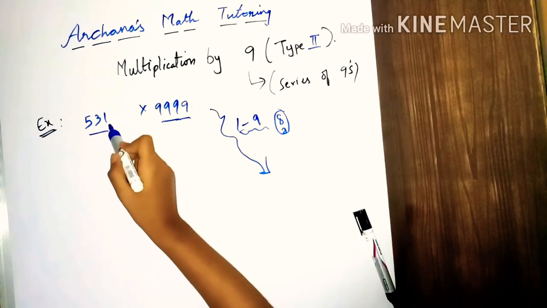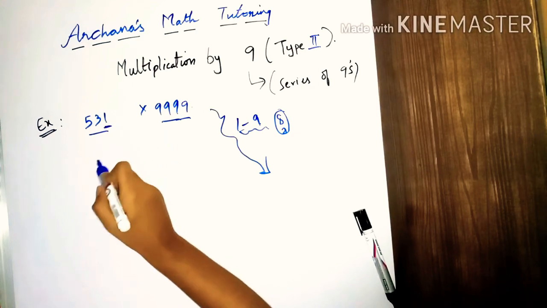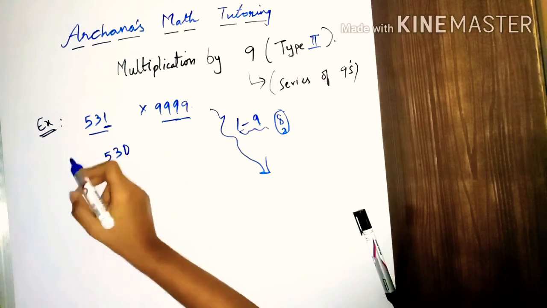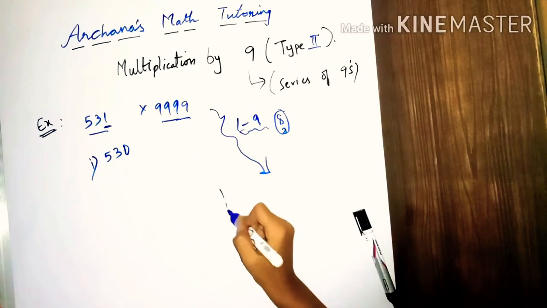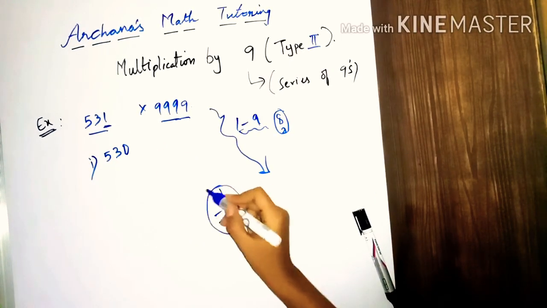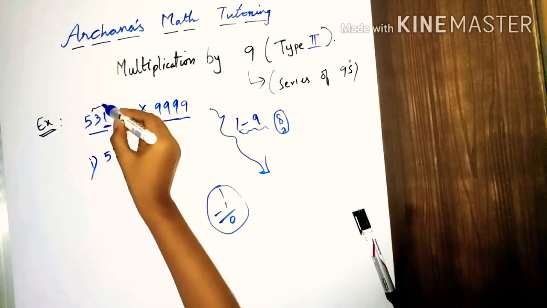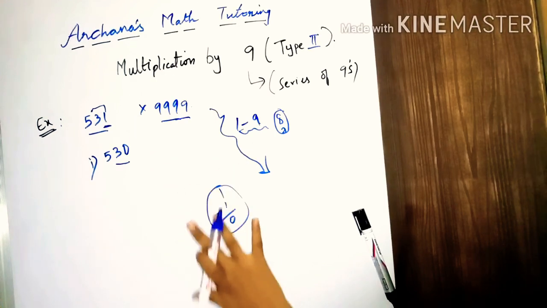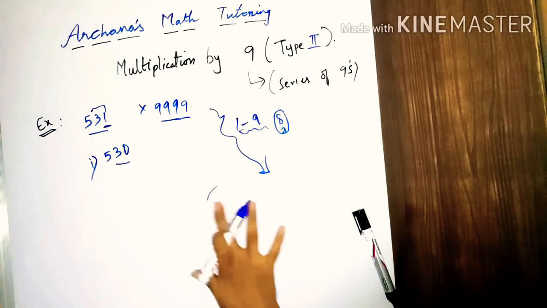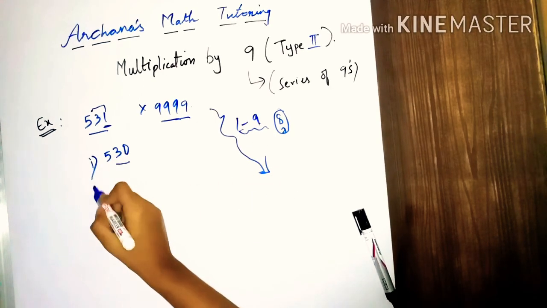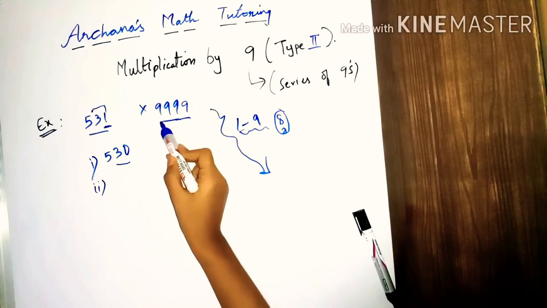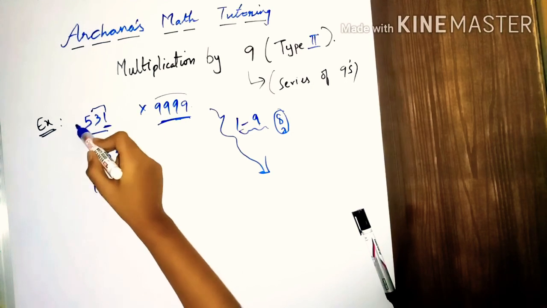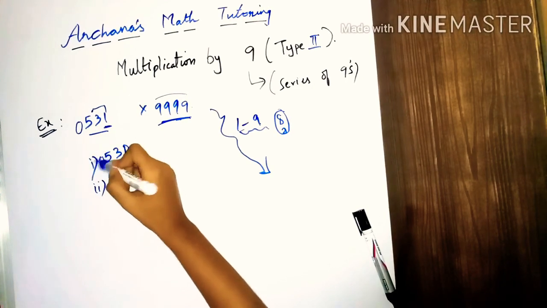So what do we do? Removing 1 from here would give me a 0. That's it now, friends. If I remove 1 from 1, I will get a 0. Or else you can simply take these 2 digits. What is 31 minus 1? It's 30. So simply write it as 30. Then the next step is removing from 9s. But see that here there are 4 9s and here you are having only 3 digits. So add a 0. I will add a 0 here now.